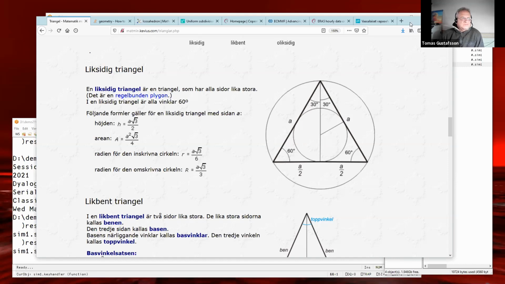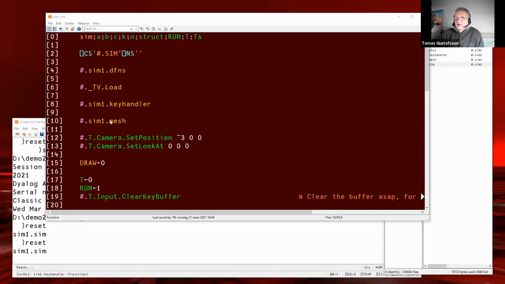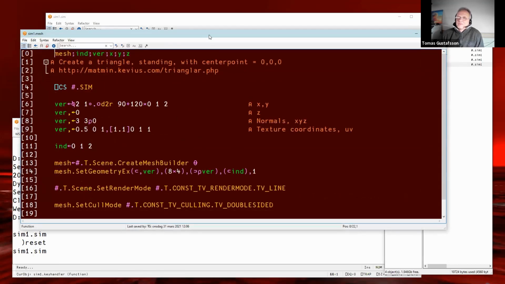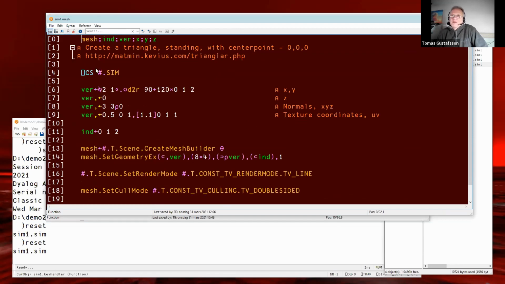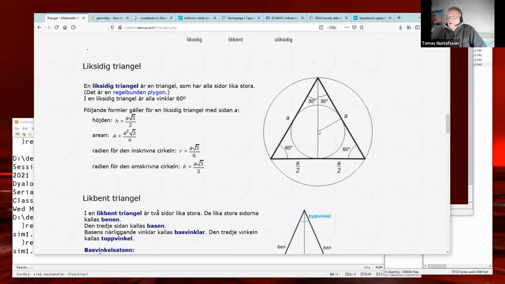So, doing a triangle. Again, in practically all functions, the very first line is change space to hash.sim. It's mandatory. Then we start to create vertices. And the triangle, well, how do you define a triangle? There are 120 degrees.